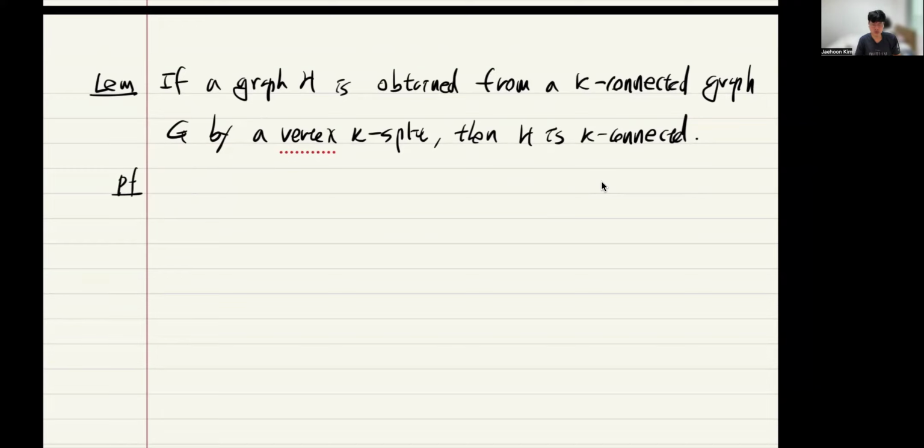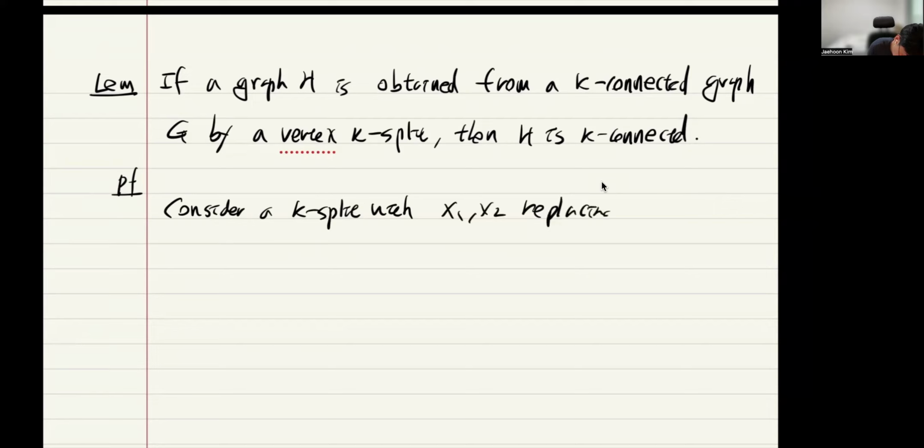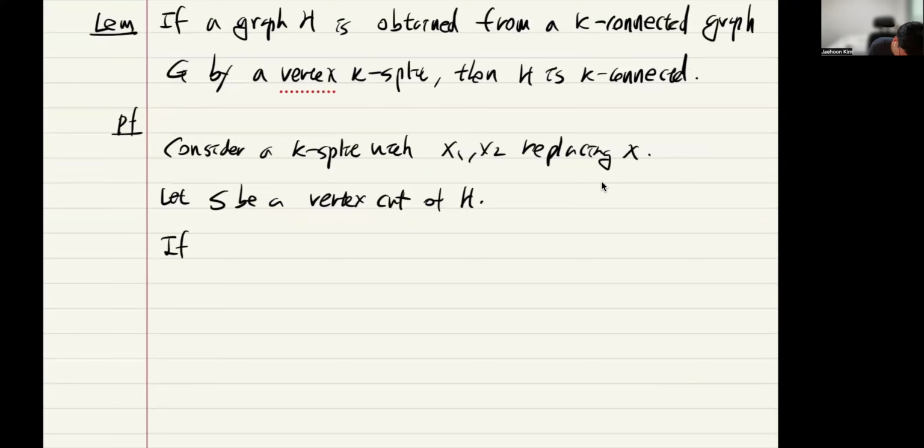And how do we prove this? Again, in order to prove k-connectedness, we consider a separating vertex cut. So we consider a k split with x1 and x2 replacing x. And let S be a vertex cut of H. And there are several cases. If x1 and x2 are both contained in this S,